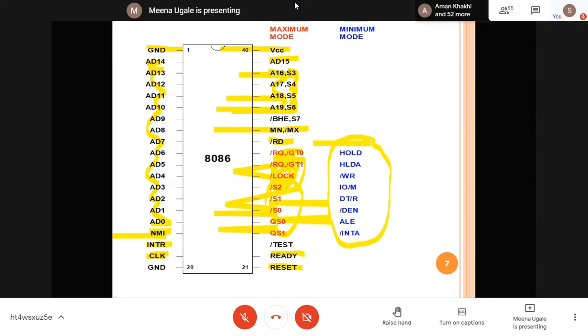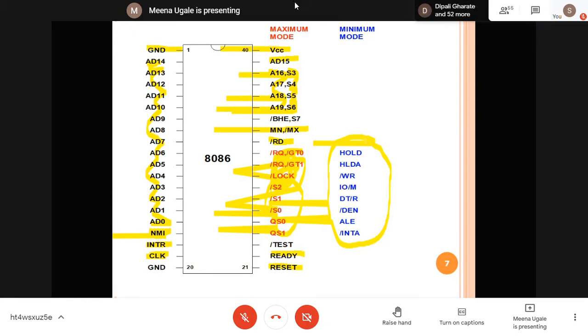So the same pins are there, but whether you connect the MN/MX pin to 0 or 1 will decide if 8086 works in maximum or minimum mode, and then these pins will get their functions. They are RQ/GT, the request and grant pins, and the lock pin. These 3 are status pins. QS0 and QS1 are queue status, indicating whether the queue is empty or has anything inside it, higher bits and lower bits.